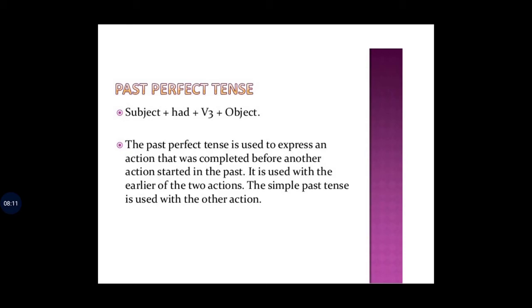See here what explanation is given. If two actions happened at the same moment, take for example, if I come to your house, you have gone somewhere. So 2 actions happened in the same period. At that moment I have to say, when I came to your house, you had gone somewhere. So you had gone somewhere is the first action, and mine is the second action. For the first action you have to use the perfect form, and for the second action you use simple past.